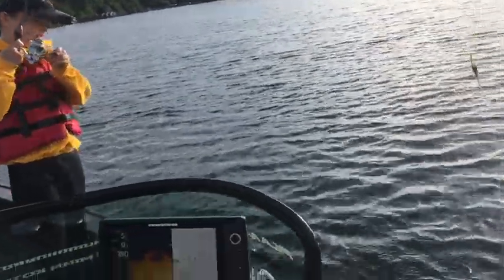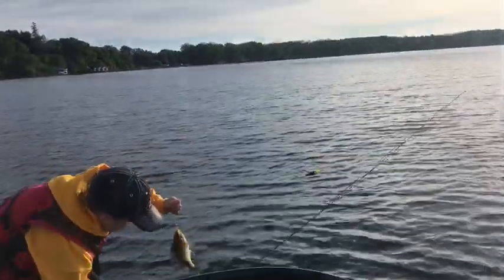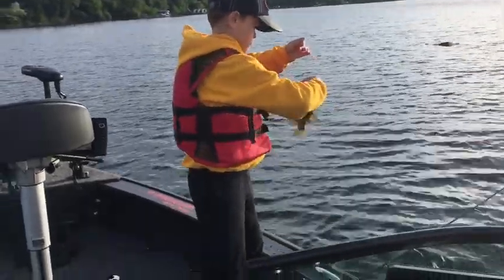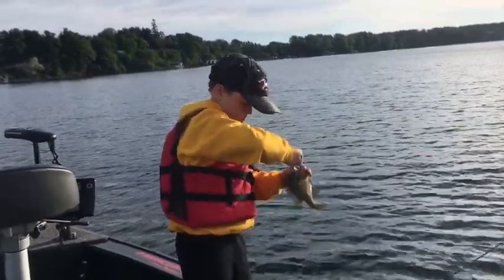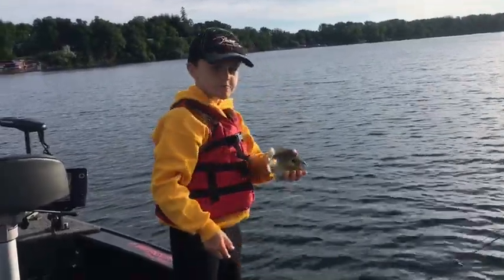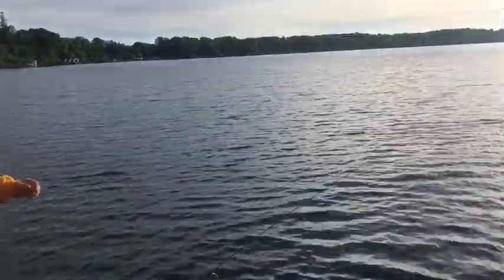Another nice bluegill there. And they're trying to attract females to their bed by getting all colorful. The females swim from the weeds out onto that firmer bottom where the beds are, and they lay their eggs. The males attract as many females as they can to lay eggs in their nest, and then the males guard the eggs. The females leave, go back into the weeds. Nice one, buddy. And the males guard the eggs until they hatch, and then the little fry are on their